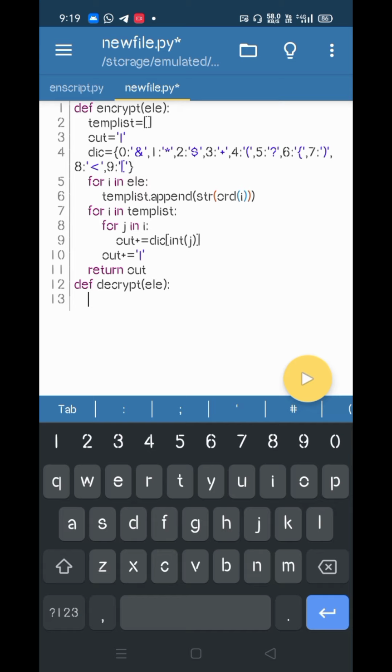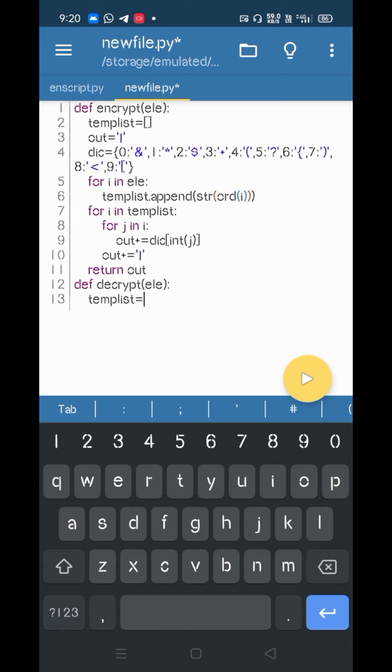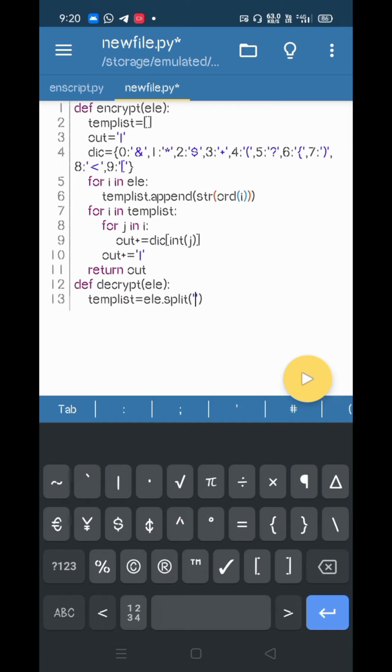First, what we should do is separate it. So let me take a temp list equals to ele dot split of the slash character, meaning when we encounter a slash we split there.